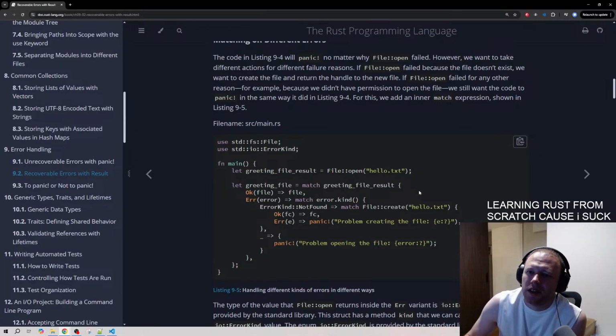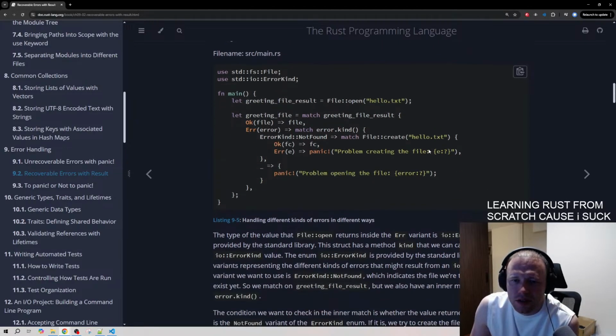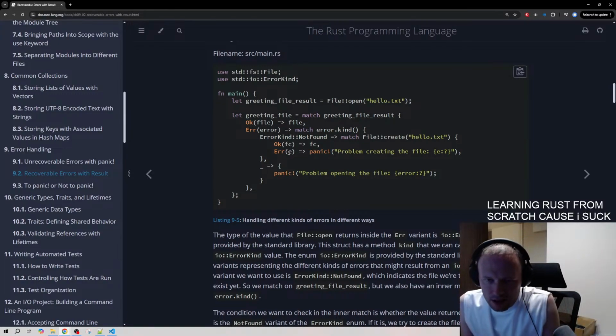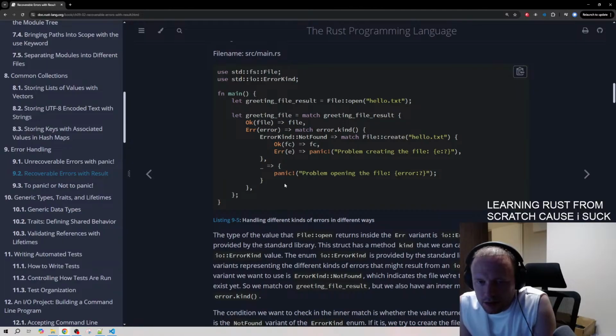For this we add an inner match expression. Oh wow, it's a double match. A triple match, what the heck? So we have